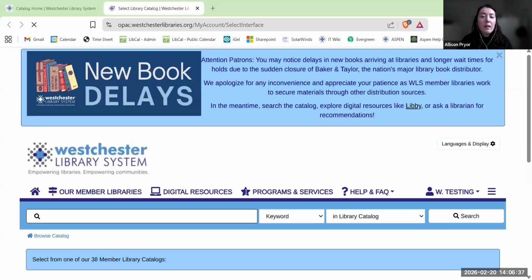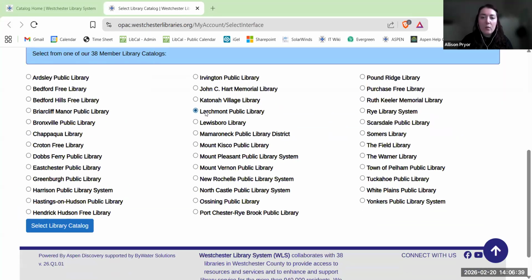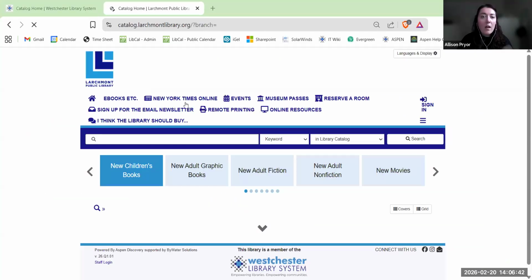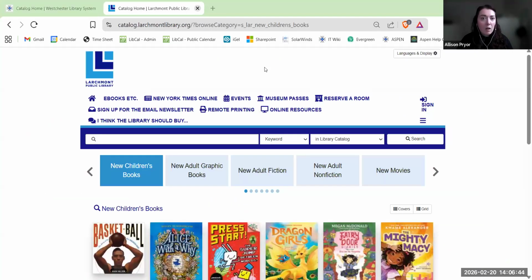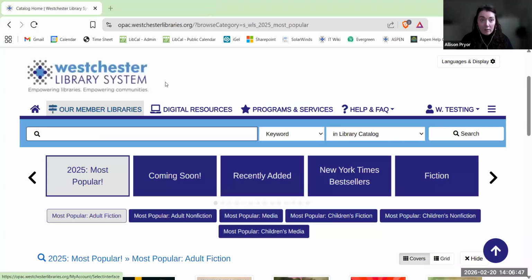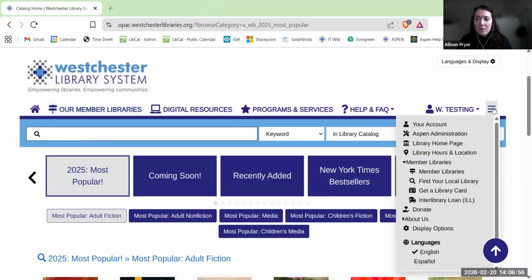this up and they can choose, I'm going to use Largemont for this example. They can start browsing the Largemont catalog. Every catalog instance, though, does have that directory available to them, but it's tucked in their hamburger menu. These three vertical lines are lovingly referred to as the hamburger menu, and these are also customizable except for your account, Aspen admin, library homepage, and then library hours and location. Those links cannot be customized, but some of them can be removed, and I'll show you how to do that